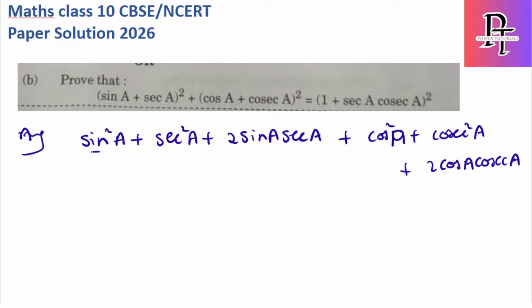Okay, so sin square a plus cos square a, I know the value as 1, plus secant square a plus cosecant square a, I will write this as 1 by cos square a plus 1 by sin square a,